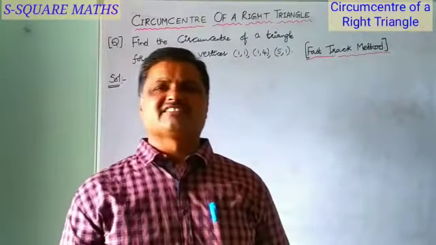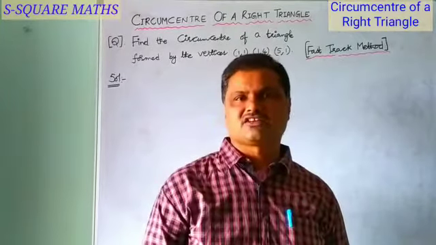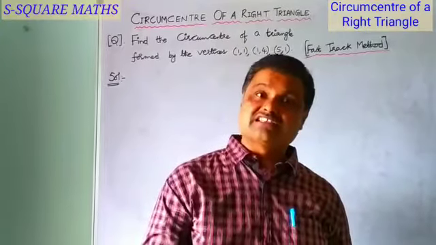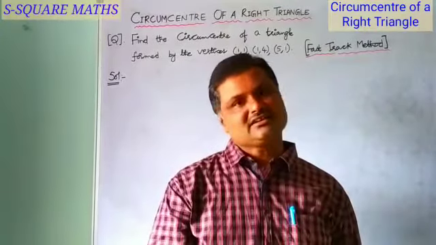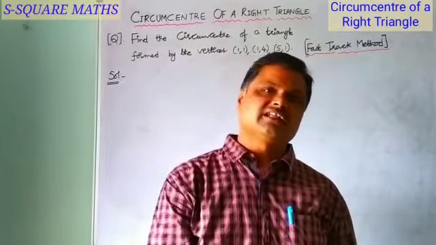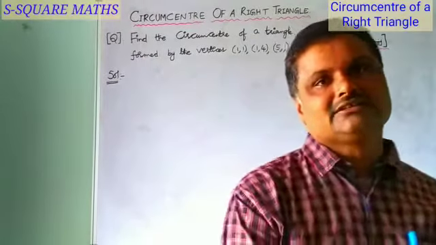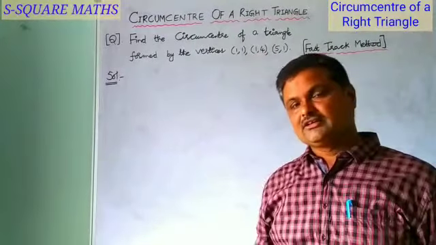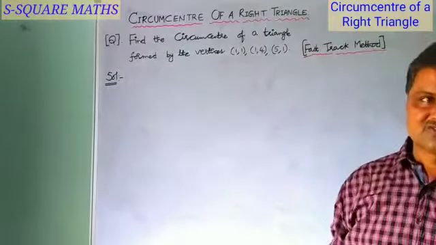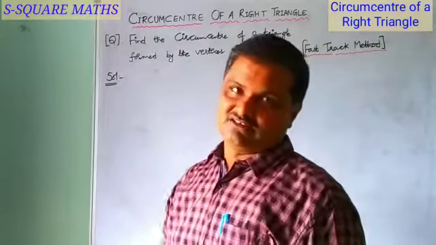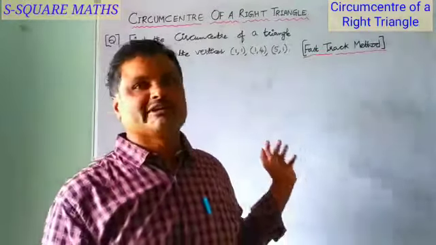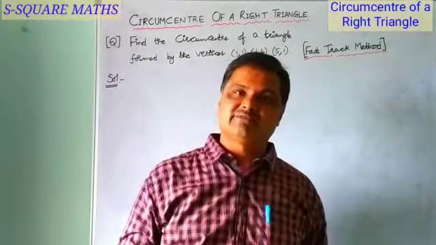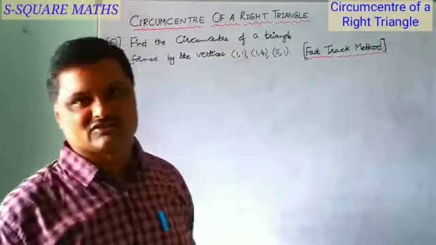So previously we discussed the circumradius of the right angle triangle. Now we are going to discuss the circumcenter for the given triangle, especially a right angle triangle. By which method? Since it is circumcenter, it belongs to our coordinate geometry. We are going to discuss it by the fast track method, to avoid the time consuming process, for various competitive examinations, MCET and IIT JEE Mains, etc. So let us start our solution.